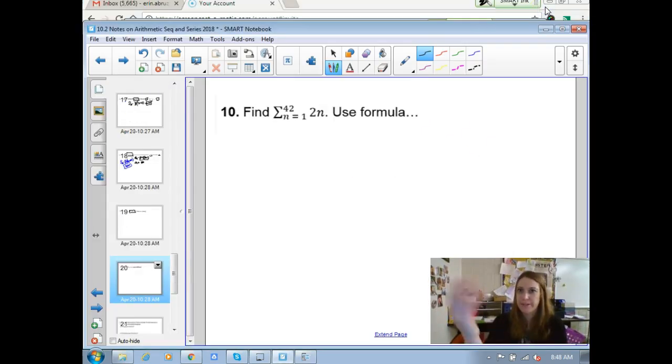And then this one it says, nope, now you got to use the formula. Okay. You should be able to be flexible in math, right? Because what if you don't have a calculator and you got to do this old school? So